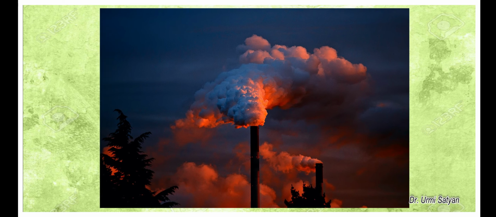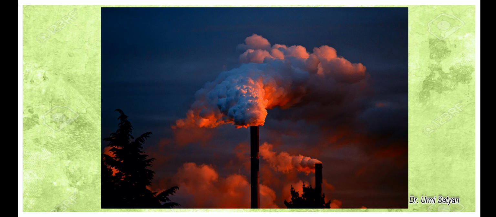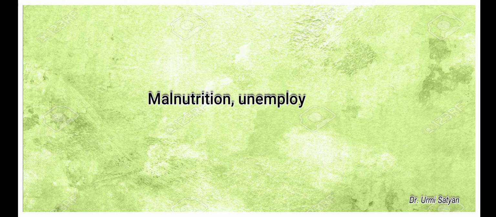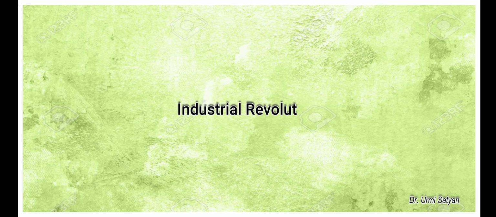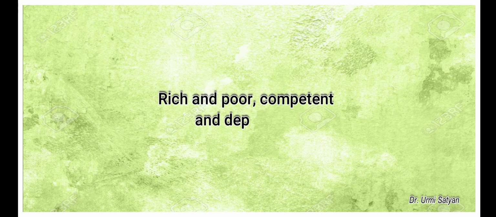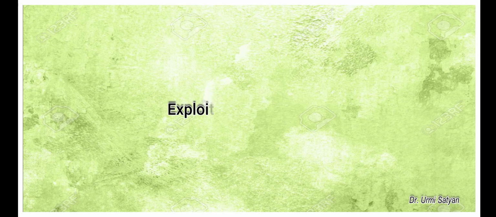The smoke emitted from factories increased pollution which deteriorated health of people. Child labor also grew to meet the pace of the industrial produce. Malnutrition, unemployment, depression were the byproducts of the Industrial Revolution that further divided society into classes of rich and poor, competent and dependent, or, it will not be wrong to say, exploiter and exploited. The former could never understand the miseries of the latter, and it became clear and evident that Great Britain was passing through hard times.